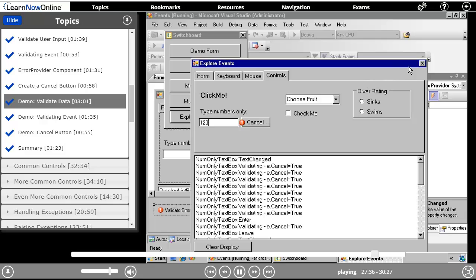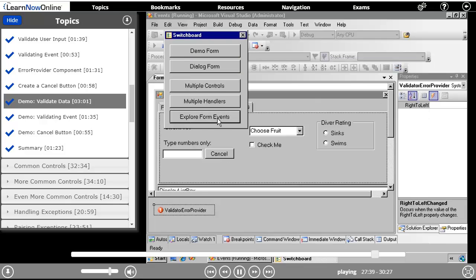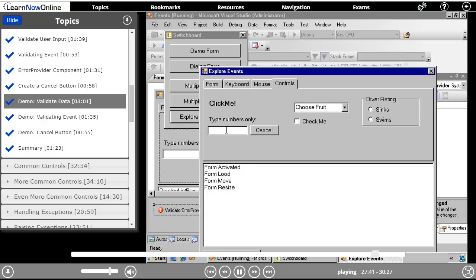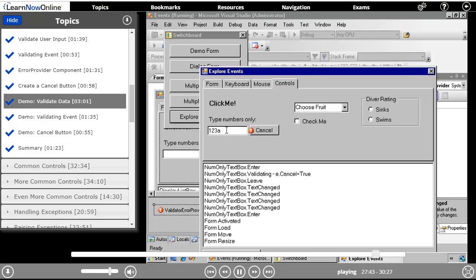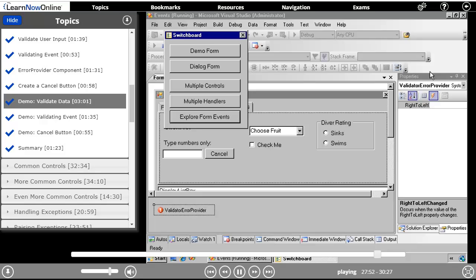If I enter a good value, I can now close the form. Let's try it one more time, and this time notice that I can press Tab. If I click Cancel, it puts a normal value in there, something that is acceptable, and now I can close. I could have the Cancel button close the form for me. For example,